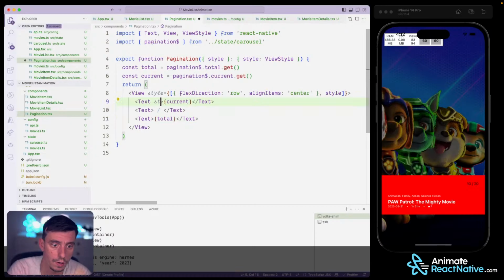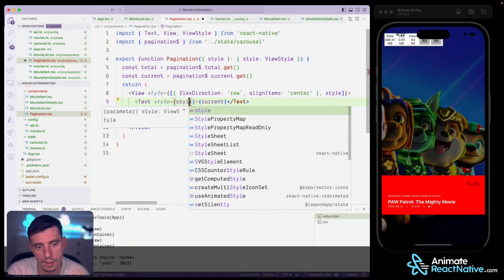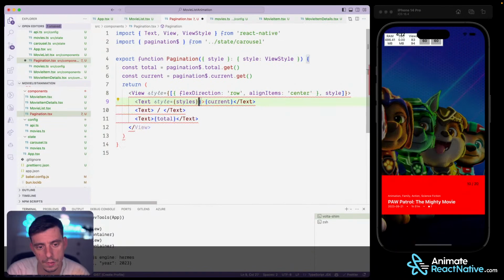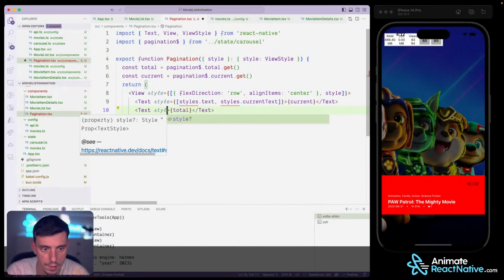Okay, so this one styles text and styles current text, and this one style